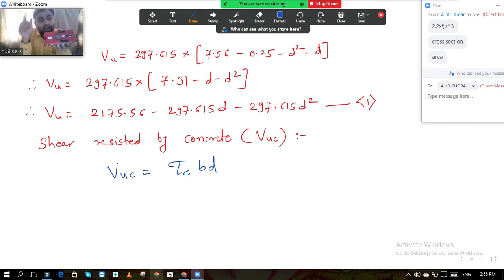Okay, so that I will explain to you. So my question is, if this is your foundation footing and this black area is your 0.5 plus d area, and it is now penetrating, this black area is now penetrating through the footing. So while this penetrating action happens, which area will come into the contact of this footing?